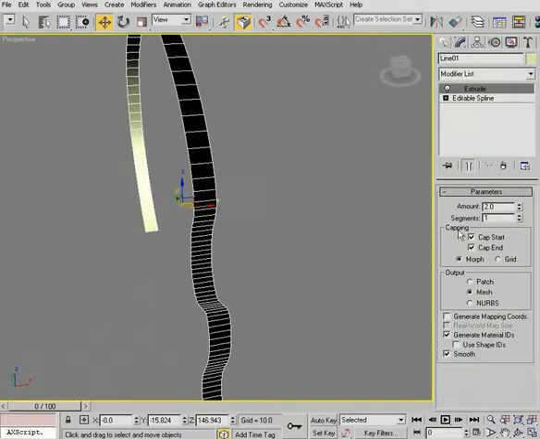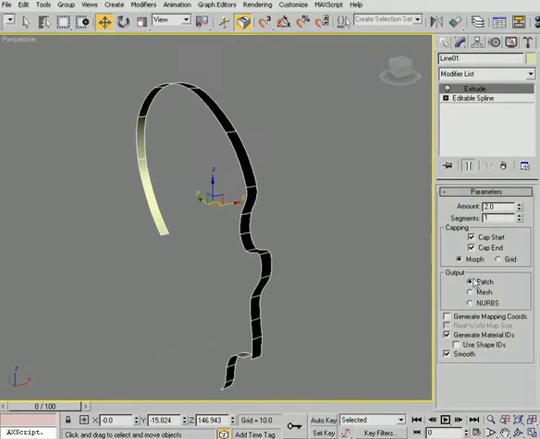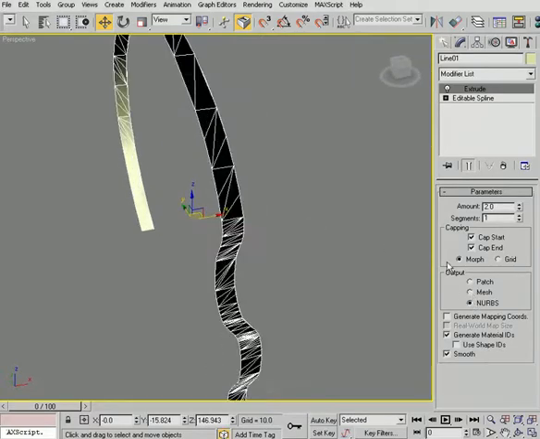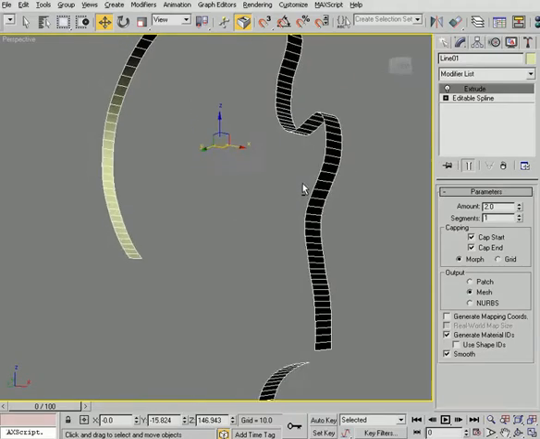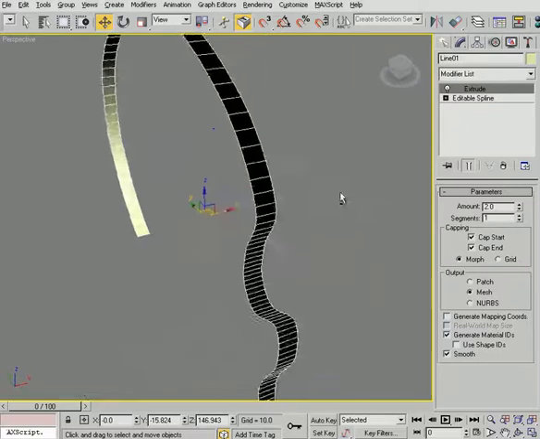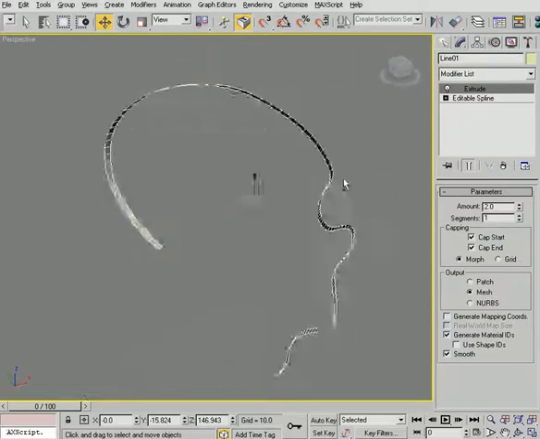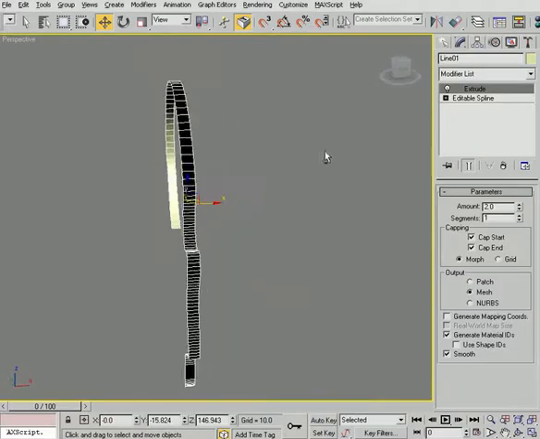Okay, you can output a patch. Okay, you can output a mesh, or you can output NURBS. Okay, so just depending on what type of geometry that you want. Okay, and this is probably too much resolution, but we can go ahead and get rid of some of that here later on. Okay, so once we've got that extruded, now I'm not going to extrude it too far, but